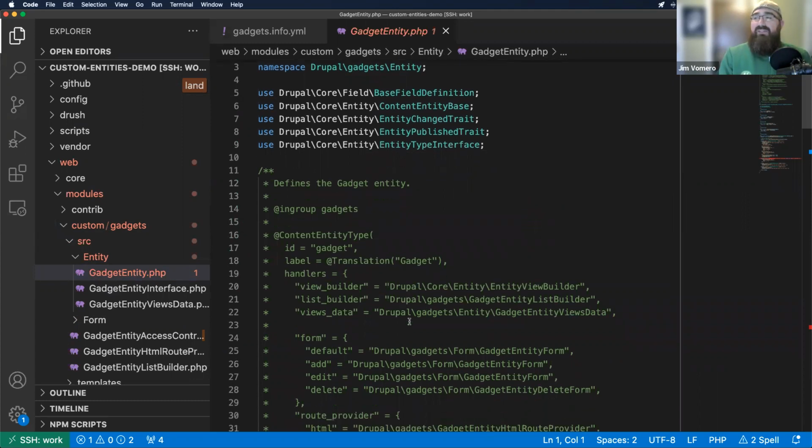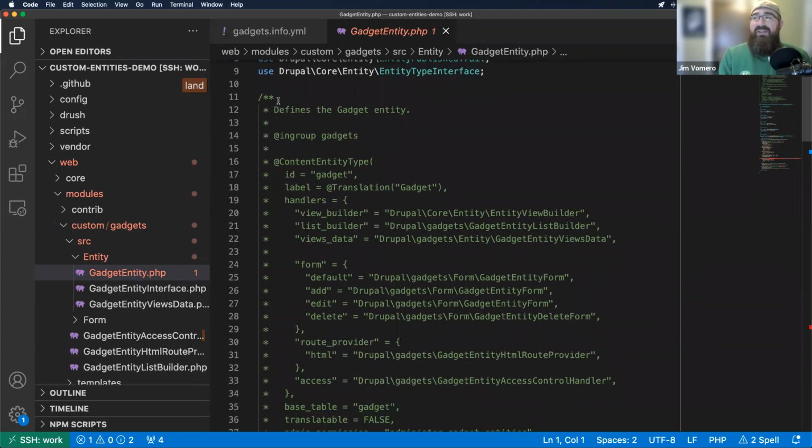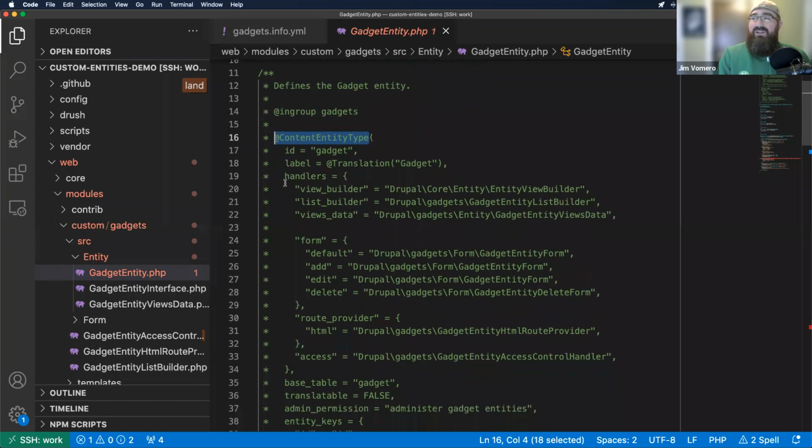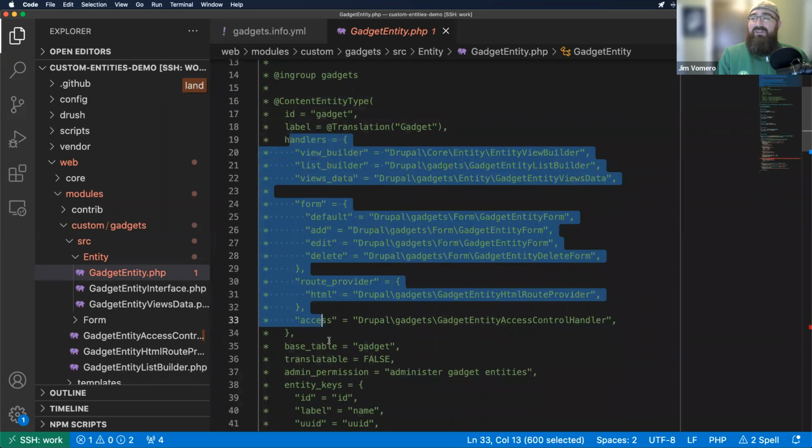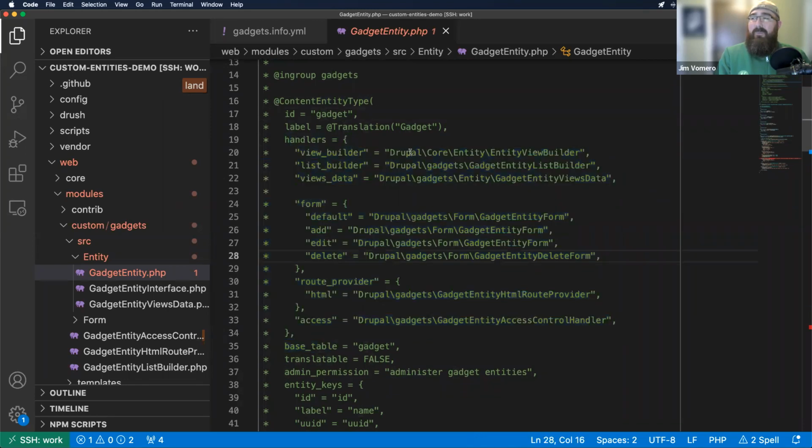In fact, almost everything that I care about is in this green comment. Yes, it's a comment, but this annotation is functional. This actually loads things into Drupal in its discovery mechanisms. So our content entity is called Gadget. It has this section on handlers. And this is wonderful. So that view list builder, when I want to see a list of entities, where do I go for that? There's a class. So if I had some custom logic I wanted,